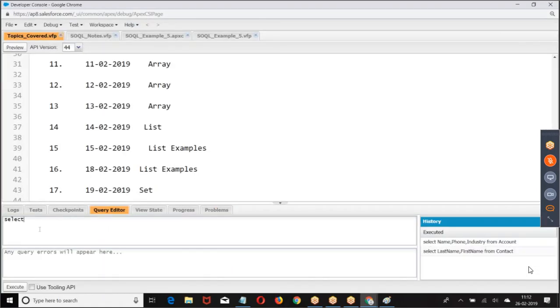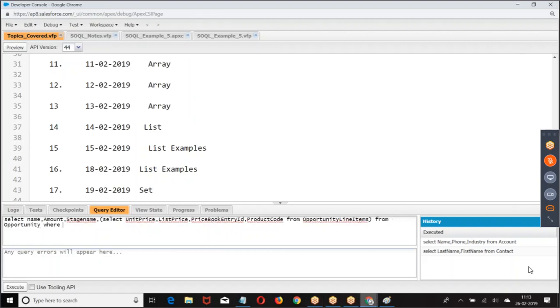Create it. Select name, amount from opportunity, comma, select bid price, unit price, then from opportunity line items, from where.